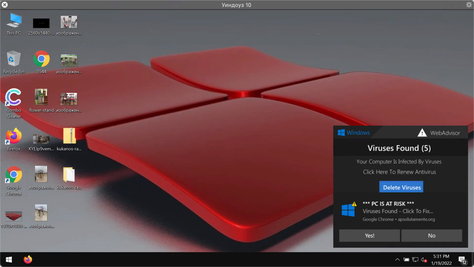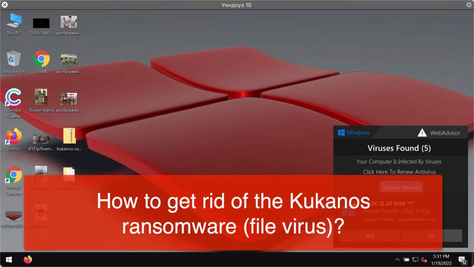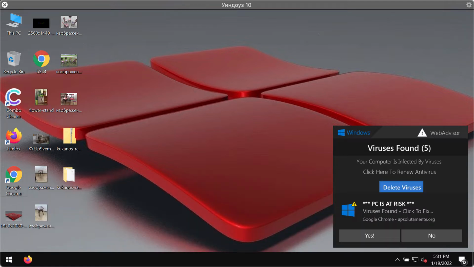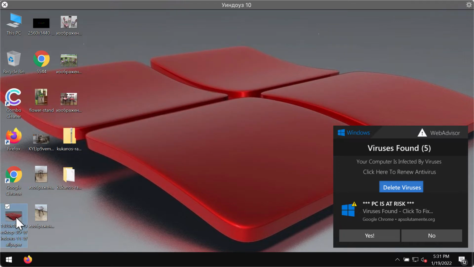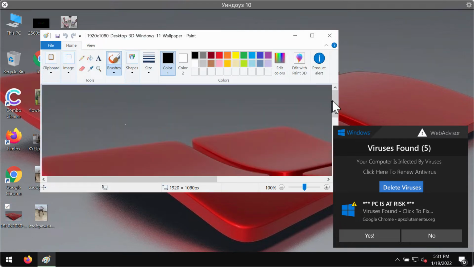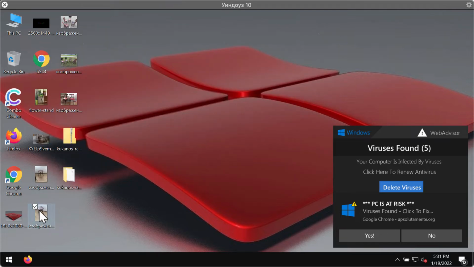My video guide will provide you with instructions that will help you to remove the new ransomware type infection that is called Kukanos. Kukanos is a ransomware type threat that may start attacking Windows computers and related files. Kukanos ransomware encrypts the files and then adds a special extension to them. So obviously, before the ransomware attack, there are no problems opening any source of files, including pictures, music, Microsoft Office